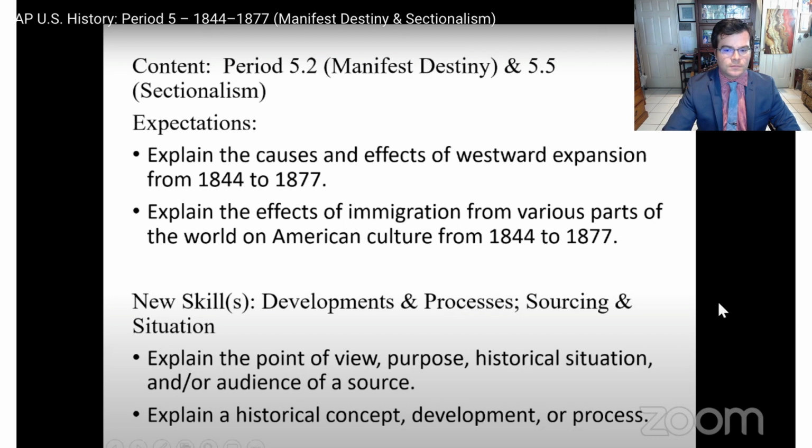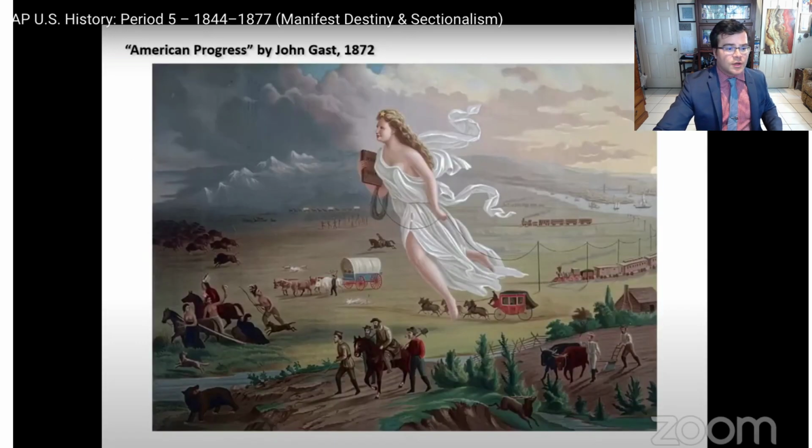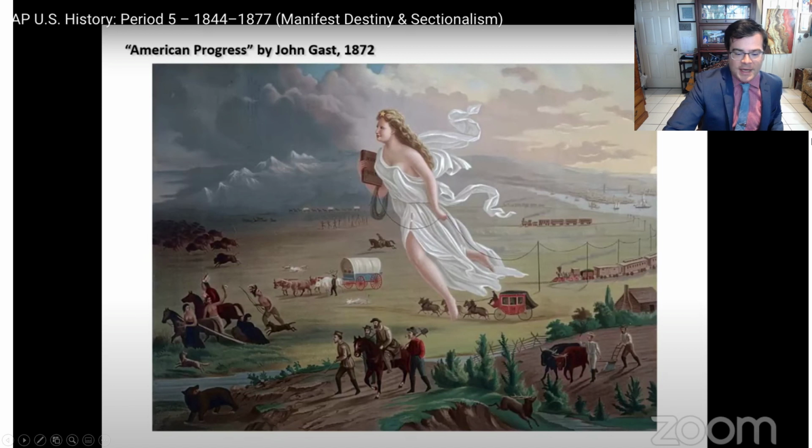Okay, so keep in mind the expectations and the skills as we move along. All right, so American progress, we've seen this in class. It could be a document on a DBQ. It's just summarizing the POV of the Western culture, the American settlers. They saw that they're moving from the east to the west. The west is kind of dark, the east is kind of bright because it has the settlers already, it has the Americans. So the Americans are bringing technology. She's bringing the telegraph line to the natives, to the buffalo,